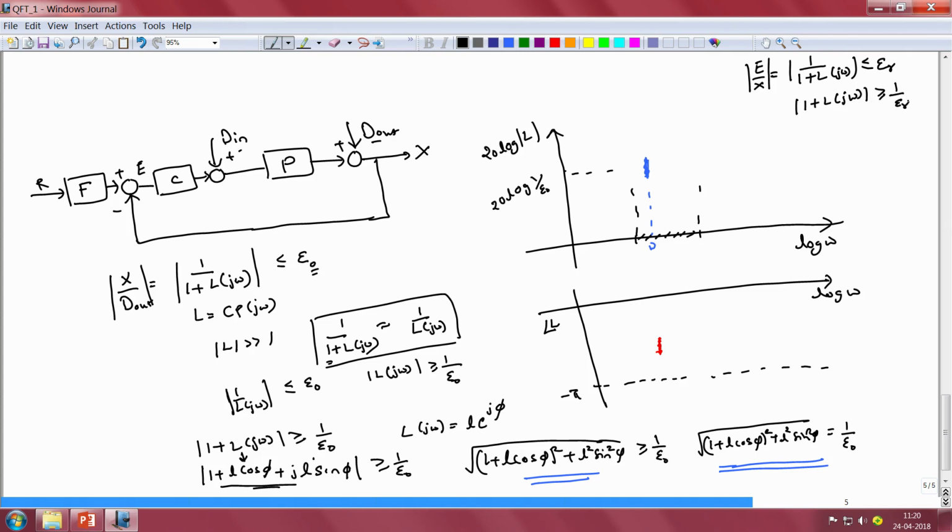Now, once again, for each particular value of the phase of L, there exists a magnitude of L beyond which this inequality is met, and this 1:1 relationship between the magnitude that corresponds to a certain phase of the loop gain beyond which this equation is valid is lost when we are trying to depict this inequality in the case of a Bode plot.